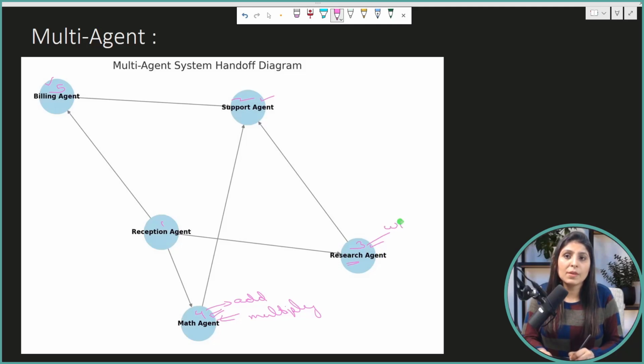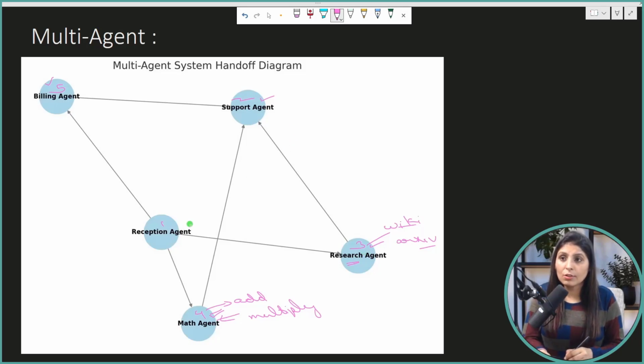We have a Wikipedia tool and we have an arXiv tool. So we can provide these two tools to the research agent only, because this agent will handle the questions related to research. And like this, we can divide the tools. We can provide some selected tools to agents, and that way your agent will perform better. So this is what multi-agent is.